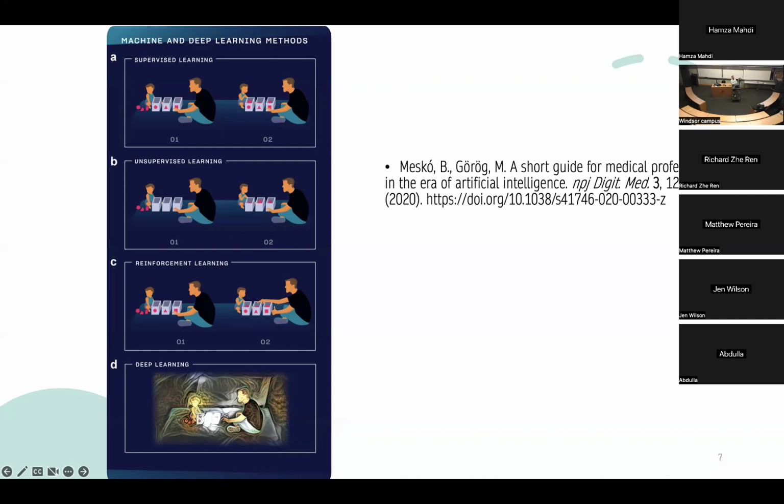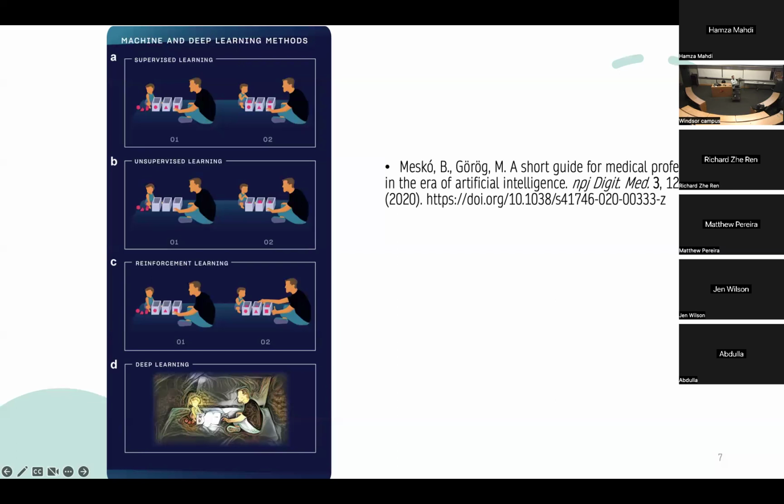And that can happen in how humans learn. Sometimes we're just presented with a lot of different objects and we try to figure them out, like in the image here, where the boxes are not necessarily labeled, but the child is expected to be able to separate circles from squares, from triangles, by just innately being able to tell that two circles have similar features that are different from a square. The third keyword here, reinforcement learning, may not be too concerning for physicians, but essentially